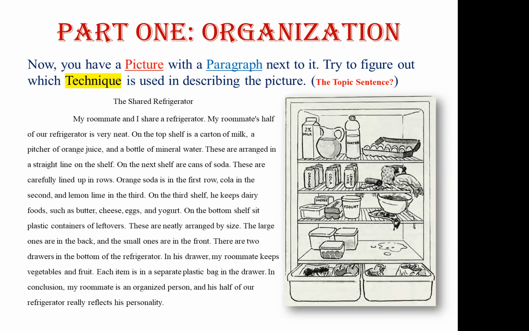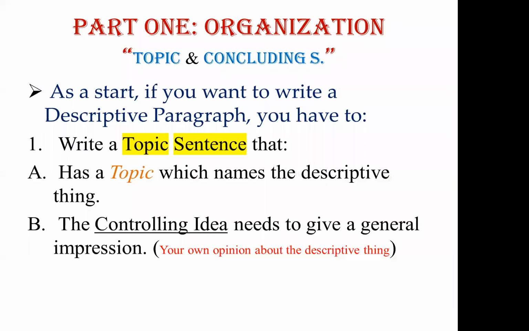This is all about, or maybe it's not all about, the space order. Right now, we'll be discussing the topic and the concluding sentences. As a start, if you want to write a descriptive paragraph, you have to write a topic sentence. You need to write a topic sentence that has a topic. We all know that the topic sentence consists of two things: the topic part and the controlling idea. In the topic,